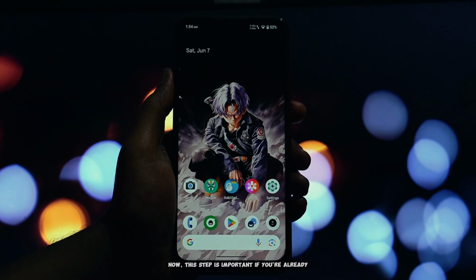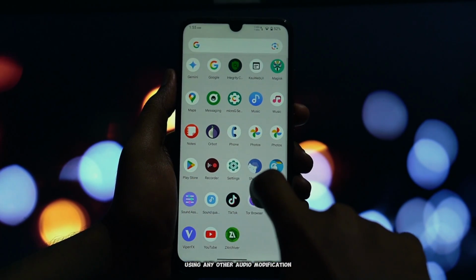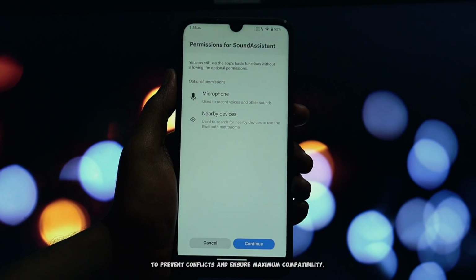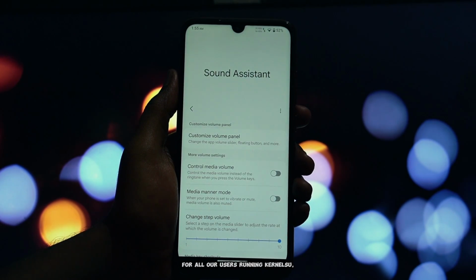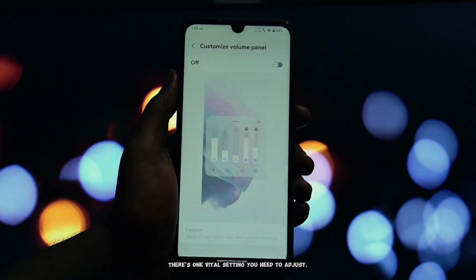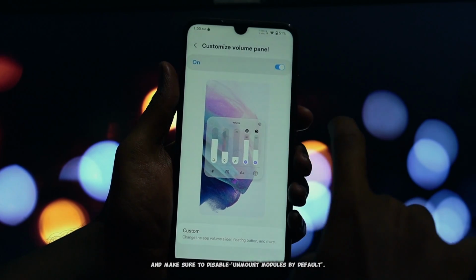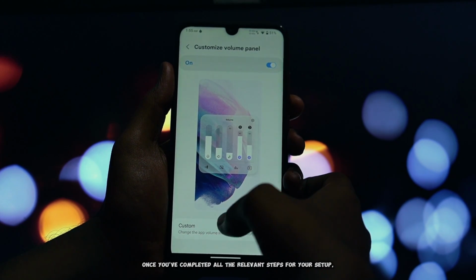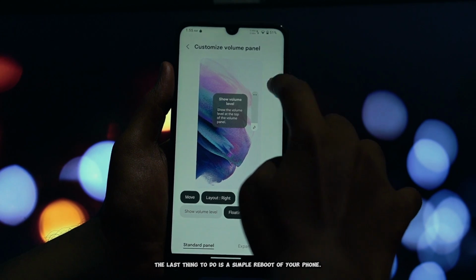Now, this step is important if you're already using any other audio modification modules on your device. To prevent conflicts and ensure maximum compatibility, we highly recommend installing the AML Magisk module. For all our users running Kernel SU, there's one vital setting you need to adjust. Open your Kernel SU app, go into its settings, and make sure to disable Unmount Modules by default. Once you've completed all the relevant steps for your setup, the last thing to do is a simple reboot of